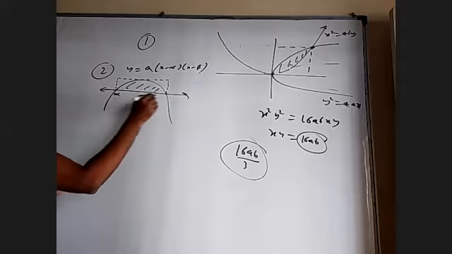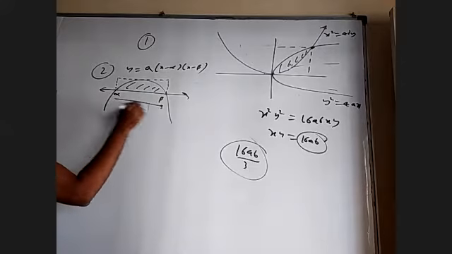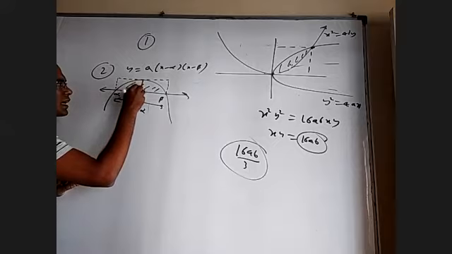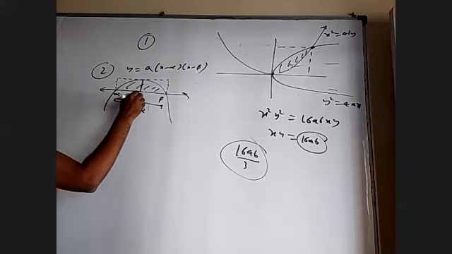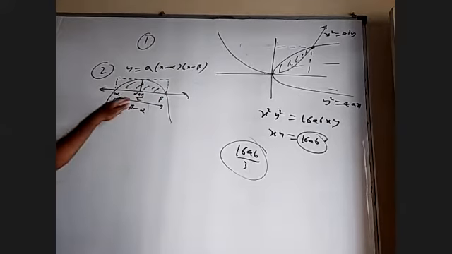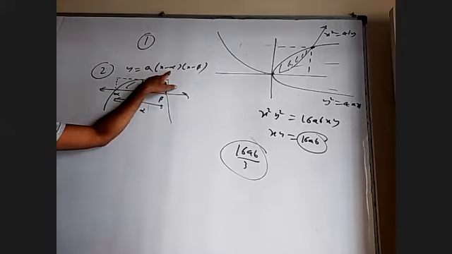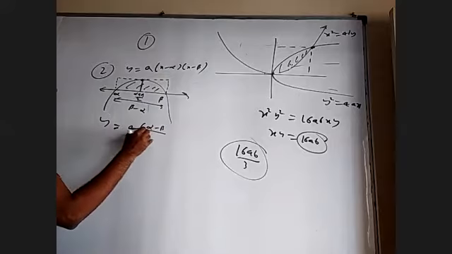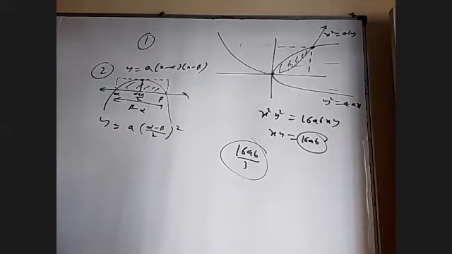Okay, this is alpha, this is beta. What is this width? Obviously, beta minus alpha. What is this height? It will happen at alpha plus beta by 2. When you substitute that alpha plus beta by 2 here, we are going to get the y coordinate of this point as a into alpha minus beta by 2 whole square. Because a is negative, we'll get another minus also because it is a downward parabola.